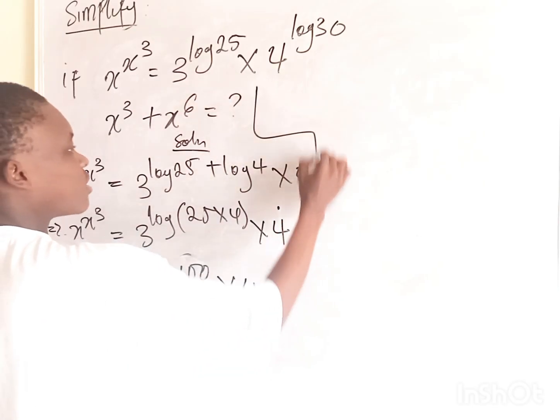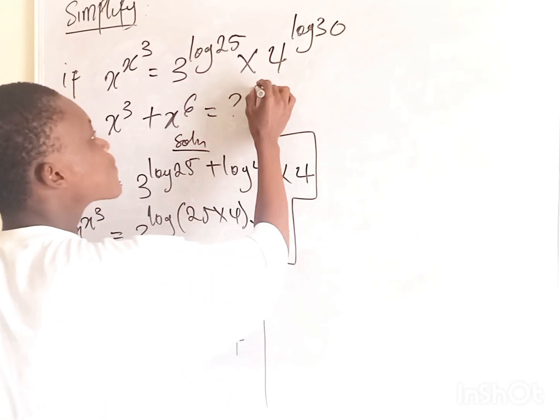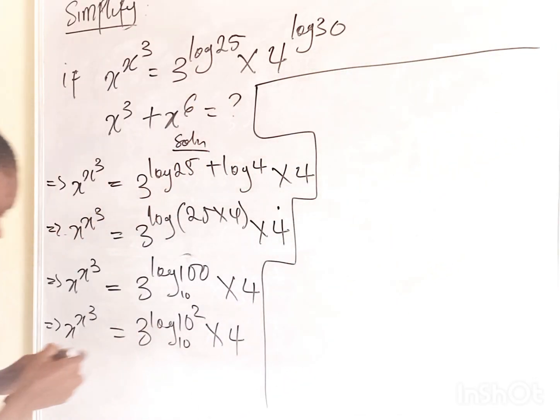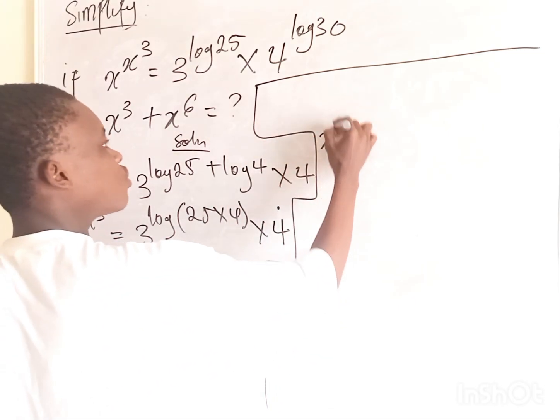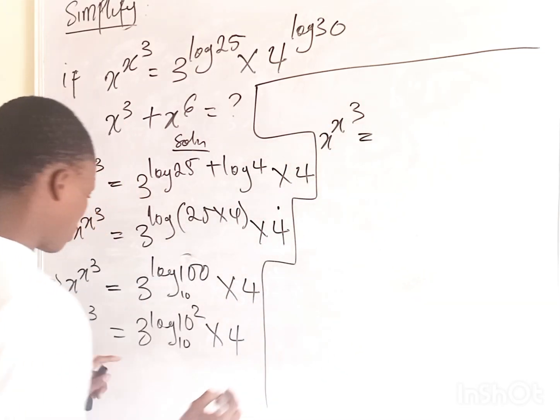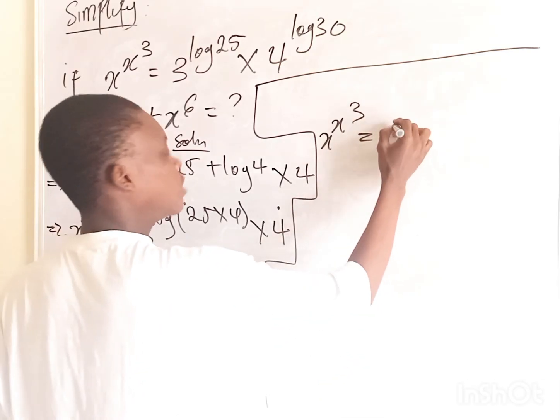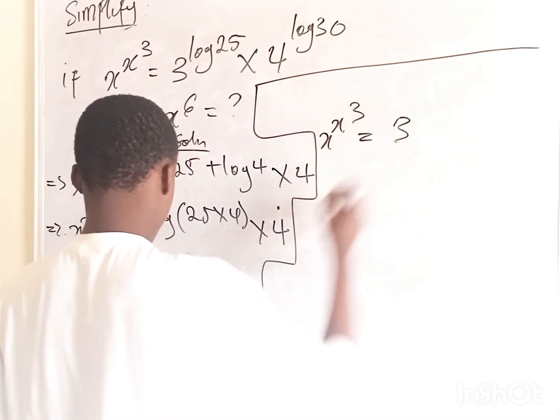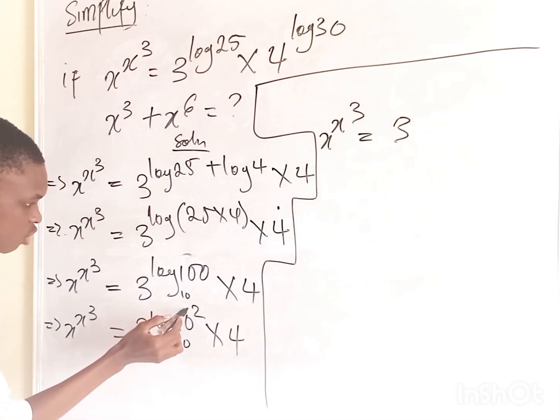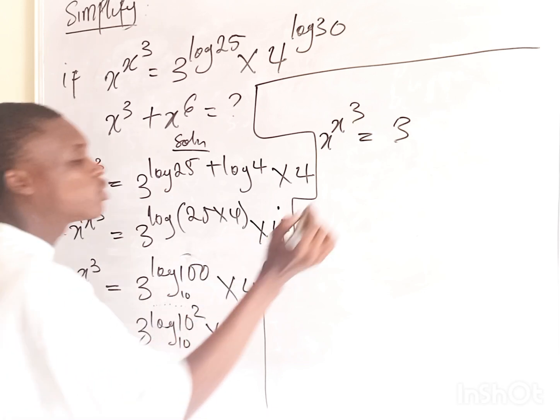So from here we have that x to the cube equals 3. Now from here, we can come back because from the law of logarithm, we say that